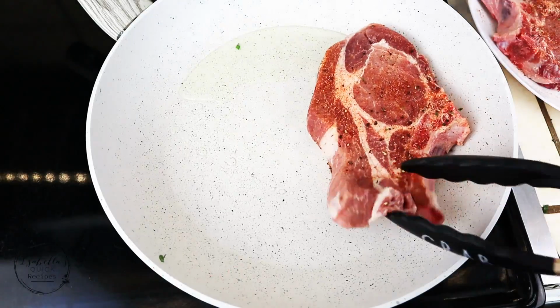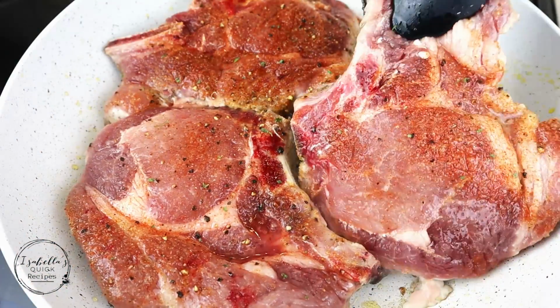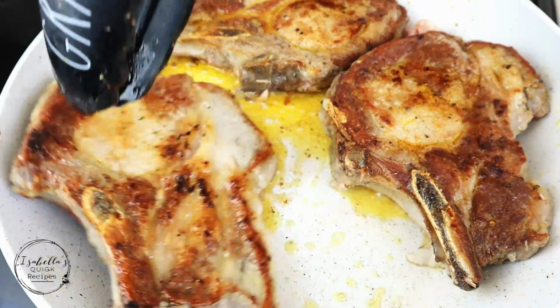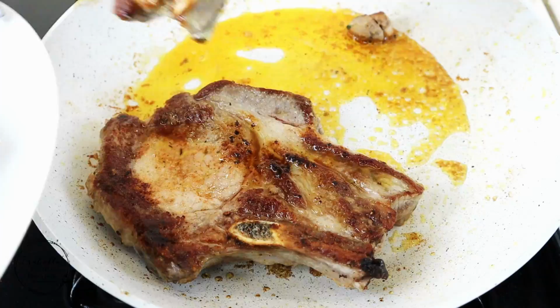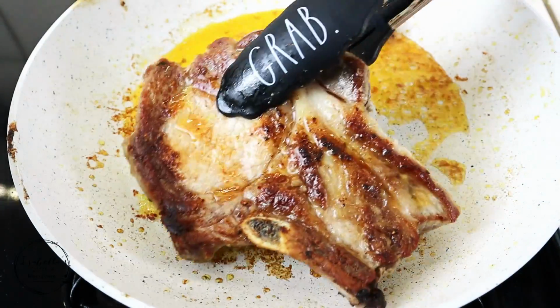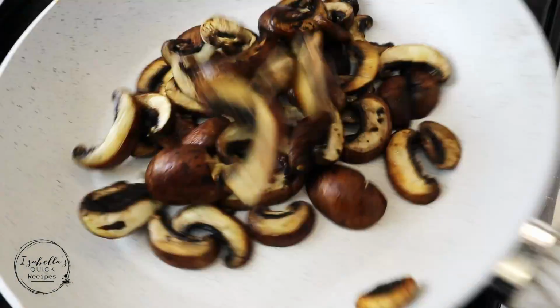Now these chops are going to get fried for 5 to 7 minutes per side depending on their thickness. To make it easier, if you have a thermometer, stick it in there, and once it reads 140 degrees Fahrenheit, you know these pork chops are ready. Remove them from the pan and finish up this incredibly easy and luxurious dinner by adding a cup of sliced